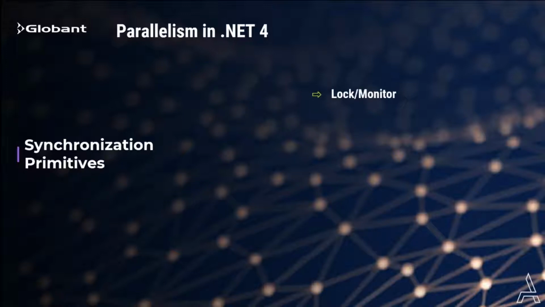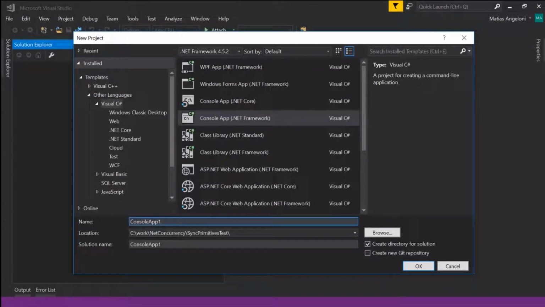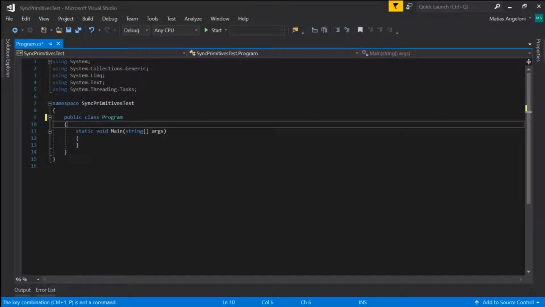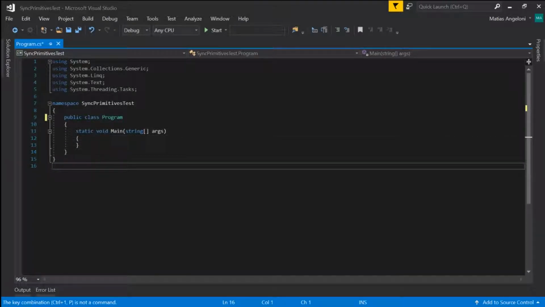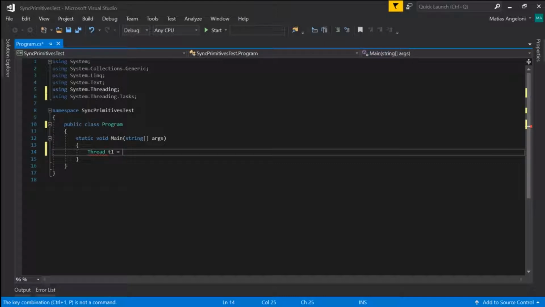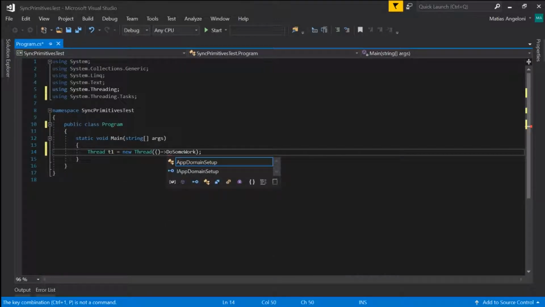So I'm going to quickly show you. We're going to create a new solution for testing the synchronization primitives. It's going to be a console application called SyncPrimitivesTest. First of all, we're going to create 2 threads in our main thread. These threads are going to call the DoSomeWork method